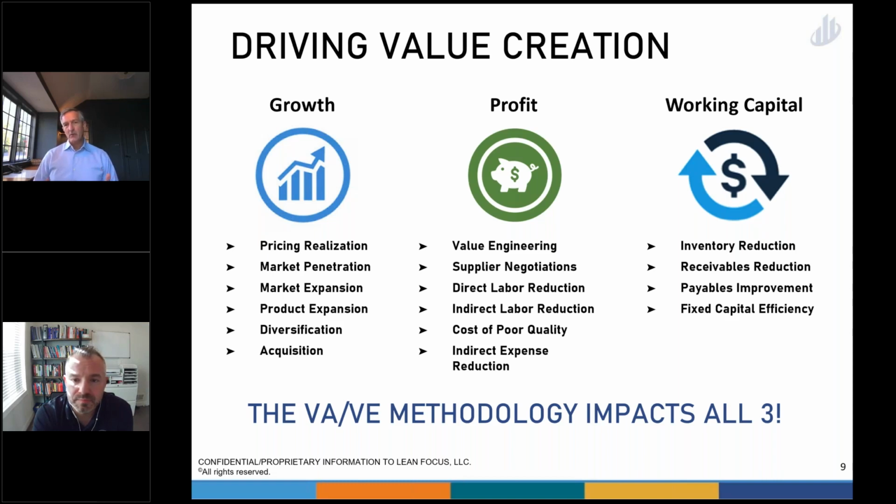And one of them was this: we had a custom board in this camera and some custom components, and the cost of that board was about $2,800 at the time. And through this value engineering analysis that we did, a Kaizen event over a week, we found a standard off-the-shelf board and some standard off-the-shelf components that we could use to replace that.